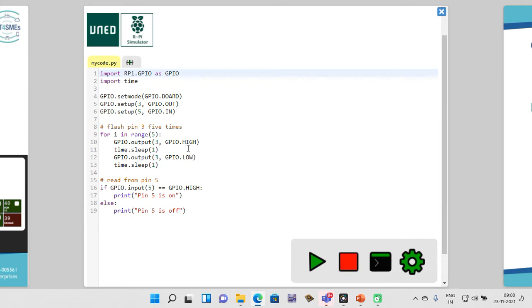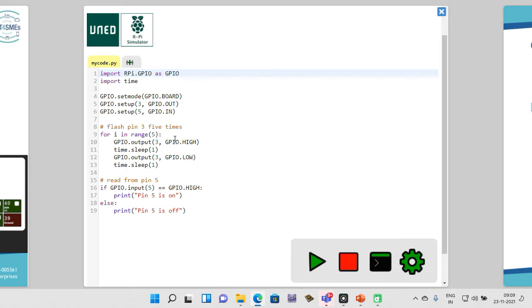What this code does is flash pin number 3 five times, and then it will wait for you to click pin number 5. That means you have connected a button to pin number 5. If you click pin number 5, it will display a message: pin 5 is on, otherwise pin 5 is off.